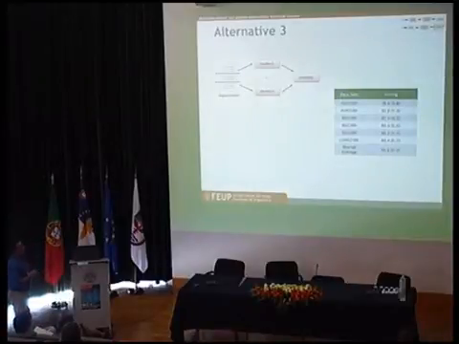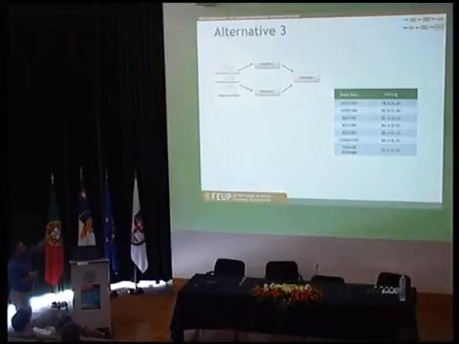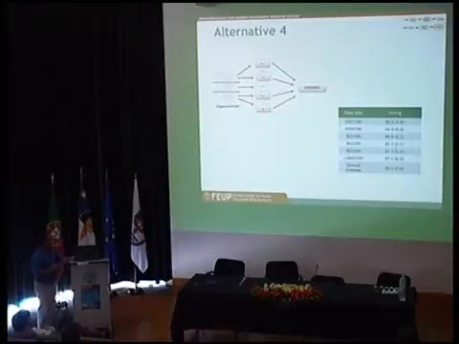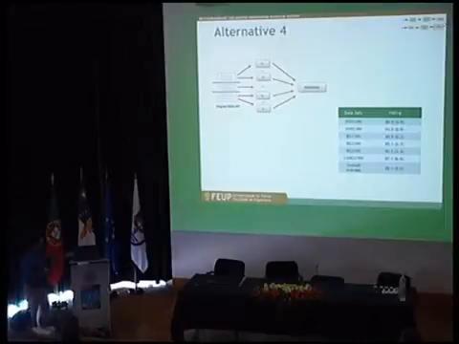The third alternative you consider is to split the data and run one classifier on each subset of the data, and then make the ensemble at the end. Okay, and that's the results we got on the right side. The fourth alternative is to split the data and run all algorithms in each partition subset of the data, and then make the ensemble at the end.